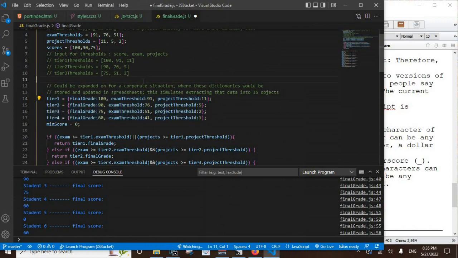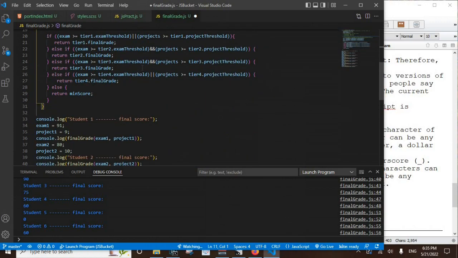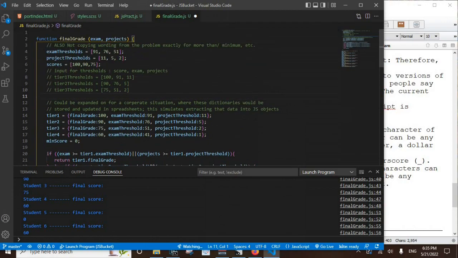Well, I guess I could have this whole function. I could extract this out, and then I would have this function as something within the object, where each one would be able to calculate the final grade, because each tier would have these properties here.